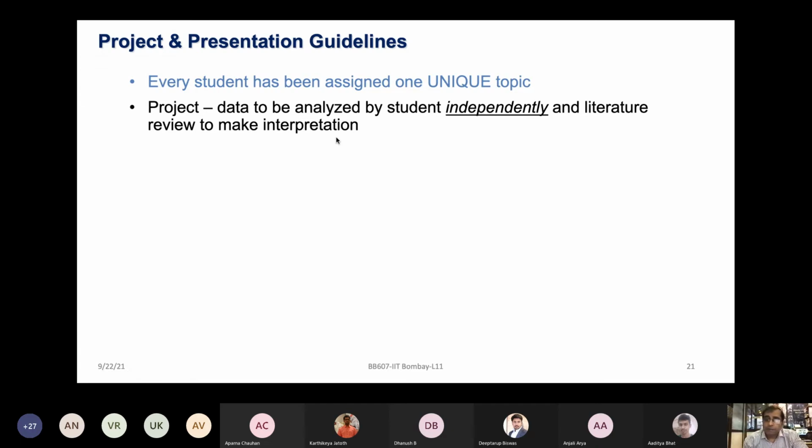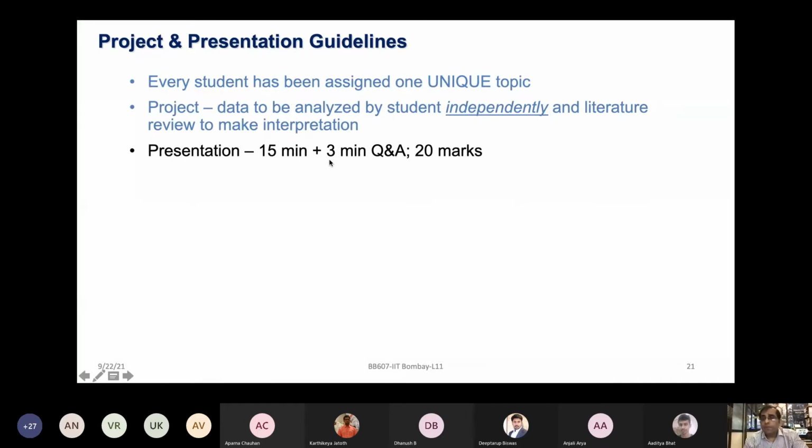Like there are some problem statements where the data is for, let's say, COVID. Some problems are for colorectal cancer, something is for malaria. You will go to some of those papers and see what you are identifying versus what is known in literature. Does that make some sense? And can you make better biological understanding and interpretation from those literature reviews as well?